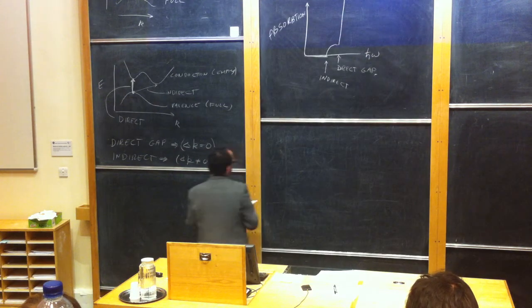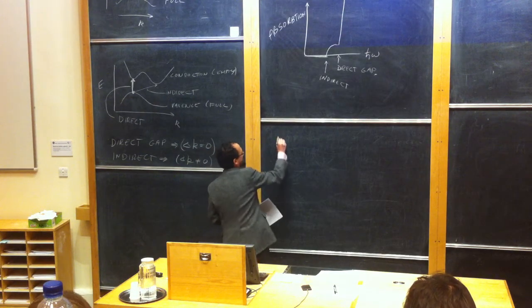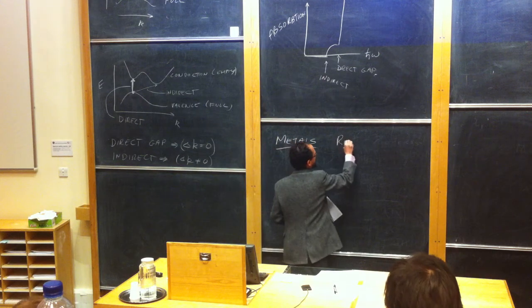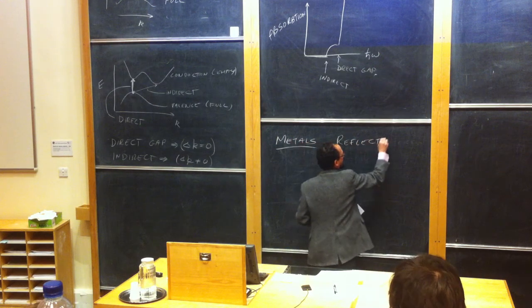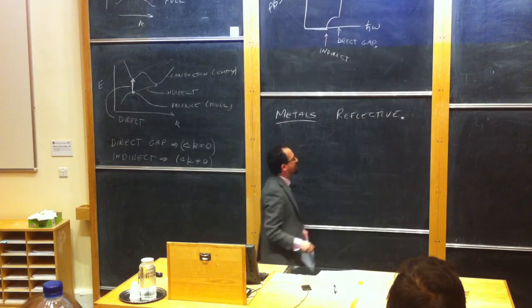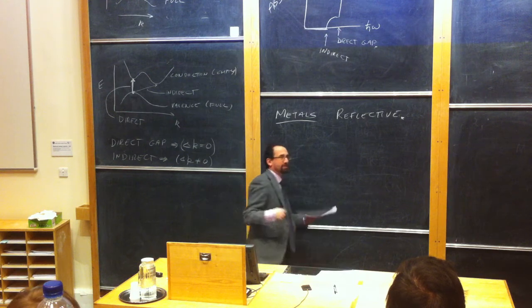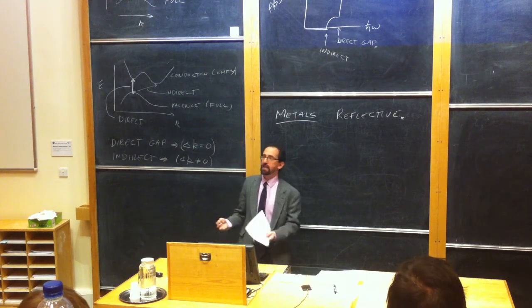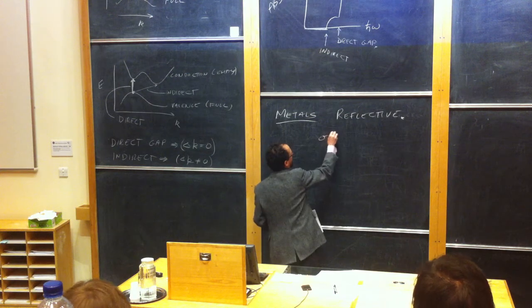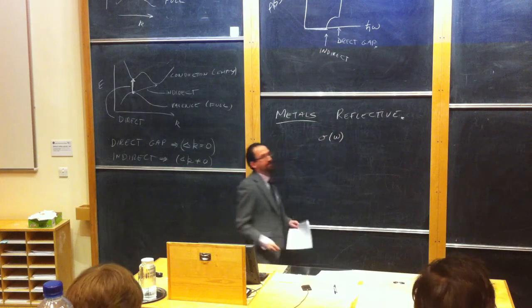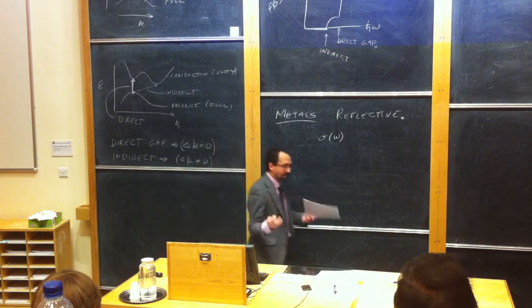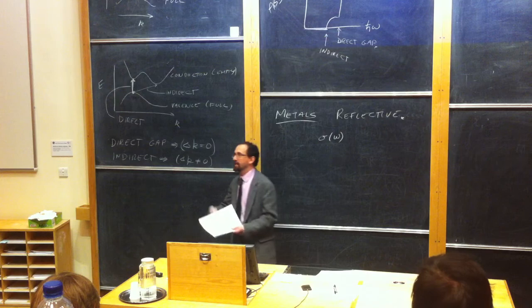All right, now, other materials that we've been studying include metals. And you know that metals are reflective. And this, I presume, you studied last year in your electromagnetism course, where you discovered that the reflectivity of an object has to do with its dielectric constant. And in fact, the dielectric constant really stems from the finite frequency conductivity of the material. So the dielectric constant has a real and imaginary part, and you can calculate